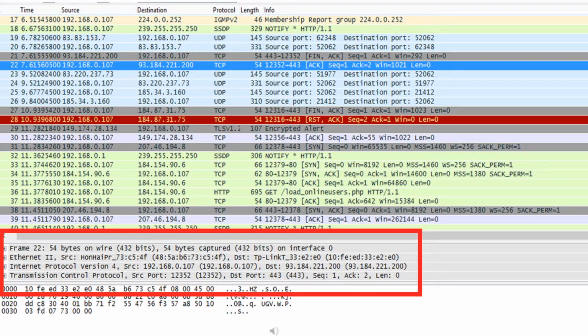Let us look at the output in Wireshark in a little detail. There are three windows here as we can see. The top window shows the packet list, which actually refers to the datagram. Now here in the second window, which is marked red, we have the packet detail: the entire frame, the frame header, Ethernet 2 that is the layer 2 header, the IP header which is the layer 3 header, and the TCP header which is the layer 4 header.